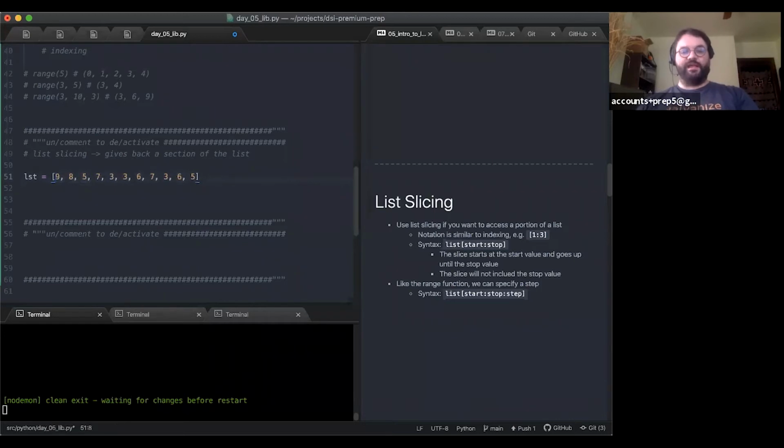So each of these elements has a numbered location, right? This 7 is at location 0, 1, 2, 3. So this is at location 3. Now it might look kind of weird because it's the 4th element, but it's located at the 3rd index. The reason for that is the first element in the list is located at index 0. Its location is 0. So its index is 0, right?